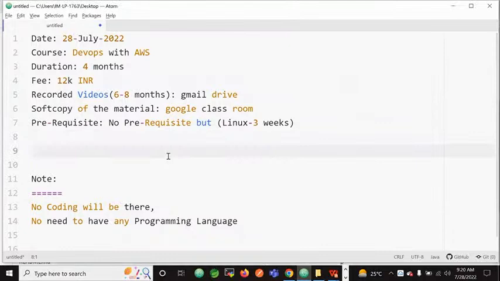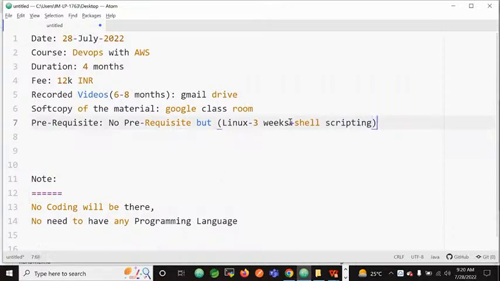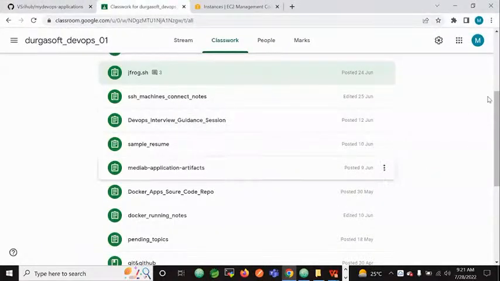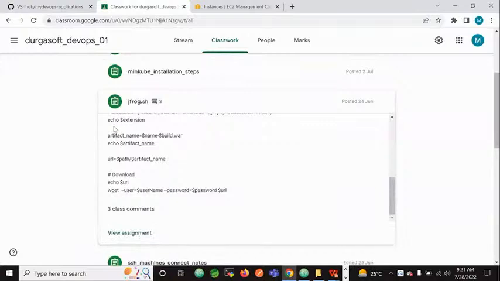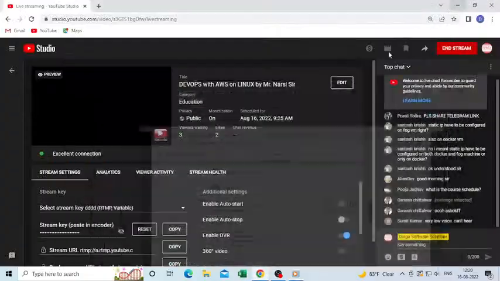Now, Linux I spent 3 weeks. Linux plus shell scripting will come here. Shell scripting is required, but how to write it is very easy. Any non-IT background person can easily write a shell script. I'll make sure you have a proper understanding of this. Don't worry about it, but shell scripting is required because we will write shell scripts. I just showed this jfrog.sh. This is a shell script. So what are these lines? How many lines? See this? We can write